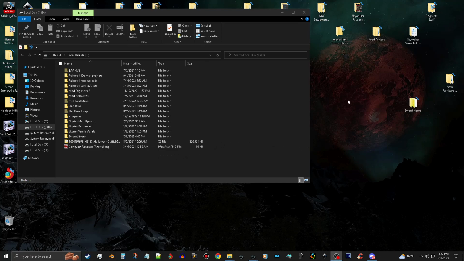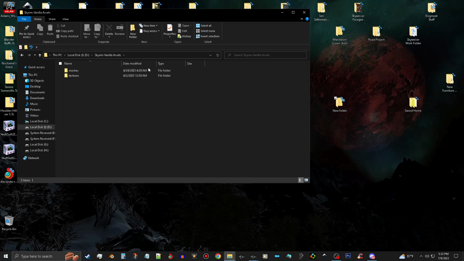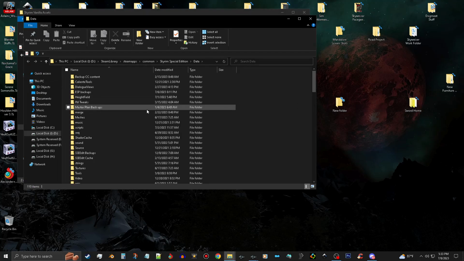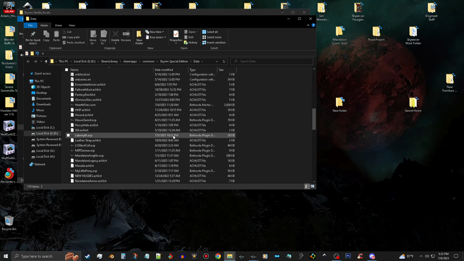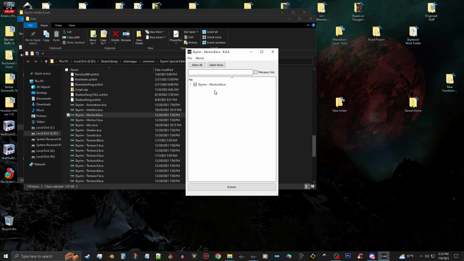Okay, so first we have to have our kettle. I'm going to go ahead and make a new folder on my desktop because that's where I'm going to put everything. And this is where I've unpacked pretty much all of my Skyrim BSAs to this folder here on a different drive. And I have all the meshes and texture. If you don't have room for that, you can just go ahead and open up the BSAs using Bethesda Archive Extractor, and you can find the